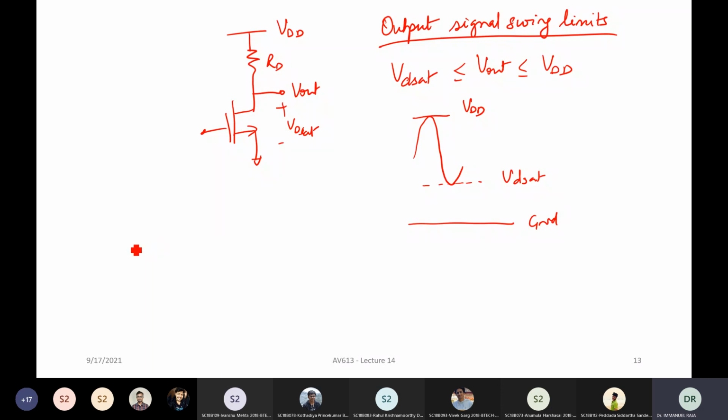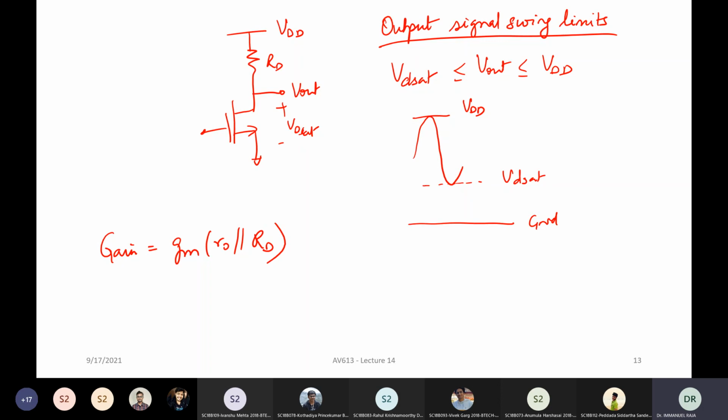Now the other thing is, how can you increase your gain? Now your gain is given by gm times ro parallel to RD. Depending on the value of RD and ro, one of them will be dominating. It is quite possible, if you look at some older technology node, that your RD is dominating, which is why if you look at the textbook, it will approximate it to be gm times RD. But in practice, of course, it will be ro parallel to RD. Now it depends on the value of ro.